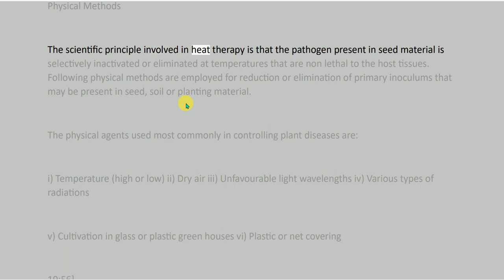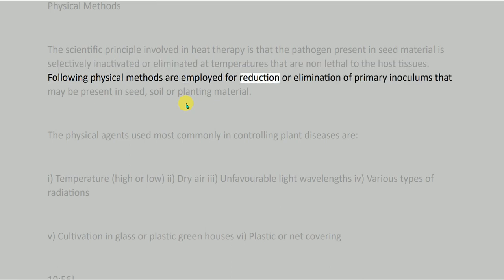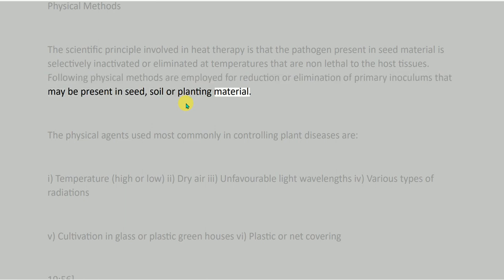Physical methods. The scientific principle involved in heat therapy is that the pathogen present in seed material is selectively inactivated or eliminated at temperatures that are non-lethal to the host tissues. Following physical methods are employed for reduction or elimination of primary inoculums that may be present in seed, soil or planting material. The physical agents used most commonly in controlling plant diseases are